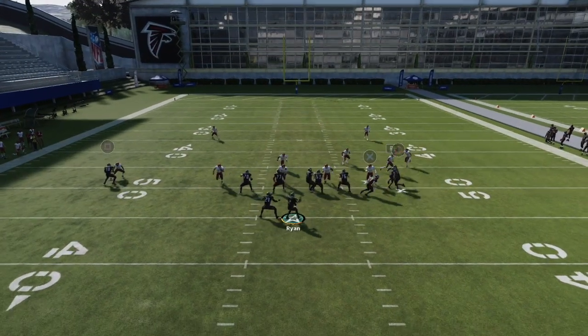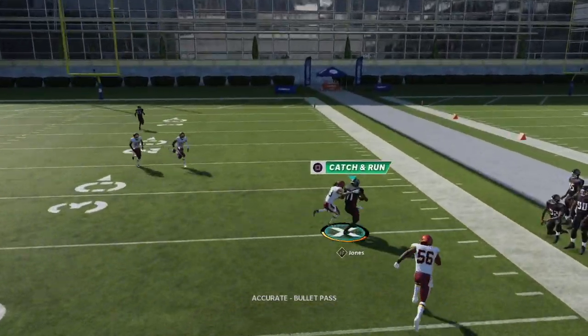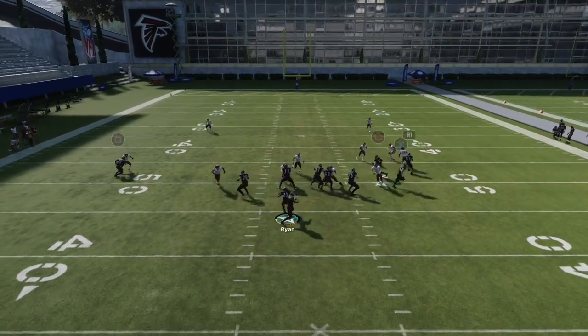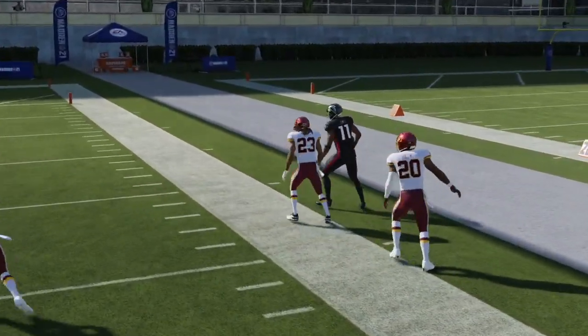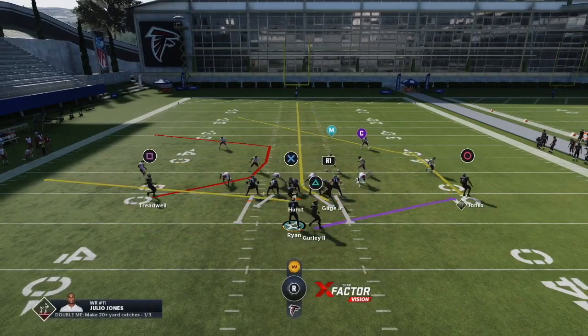As you'll see here on this C route, he's going to absolutely torch man right here, and you're going to throw that easy completion every time. We'll do it one more time here so you can see the separation that Julio Jones does get on this route. All day long, you can throw that versus man coverage because Julio Jones is one of the best route runners in the game. So now, let's go ahead and flip the formation so we can run it with Laquan Treadwell